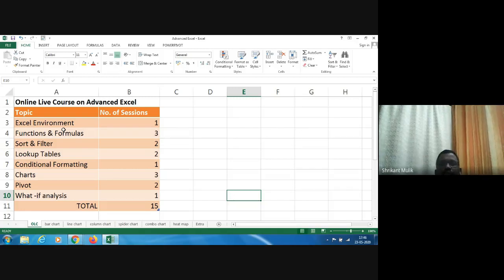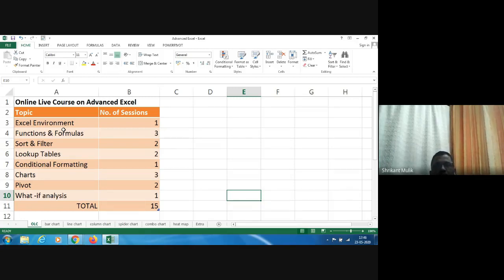Okay. Then we'll do one session on conditional formatting. We just saw what could be possible with conditional formatting. There are many more things. It's a pretty simple one, but the focus here is more on where to use and where not to use. It's such a nice feature that it also gets misused. So I'll not only teach you how to use conditional formatting, I'll also teach you where not to use it and how not to use it.